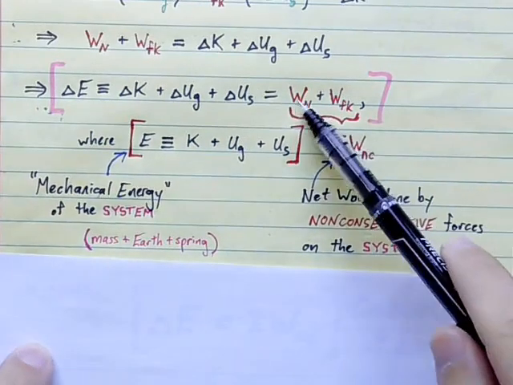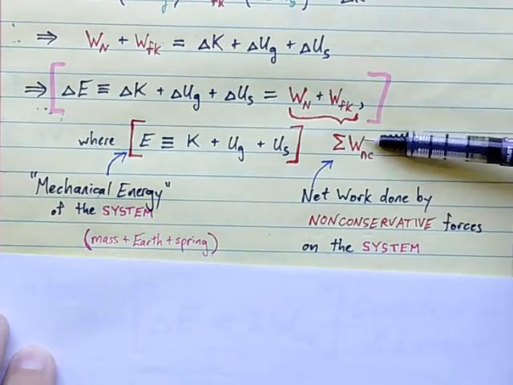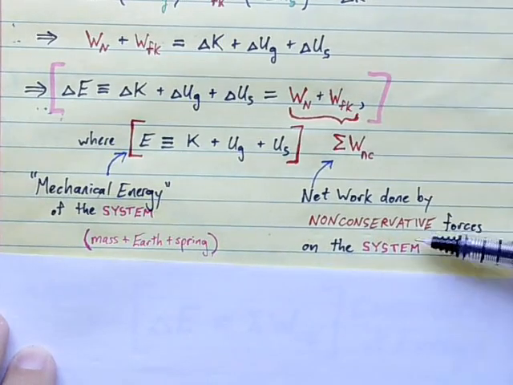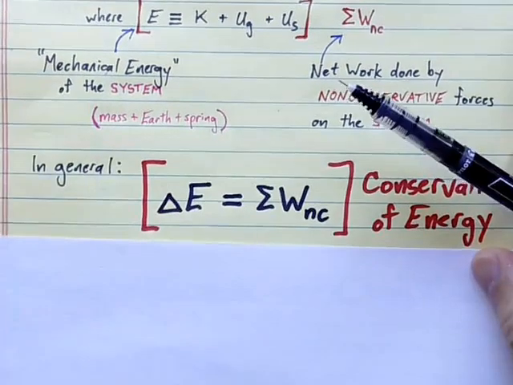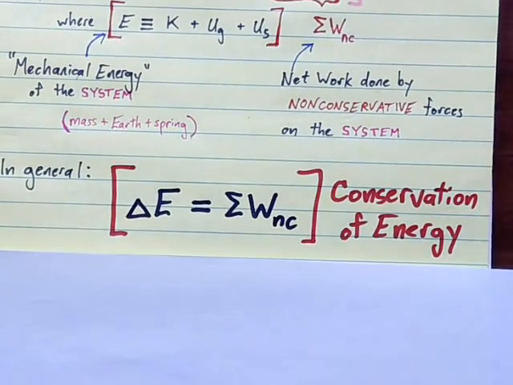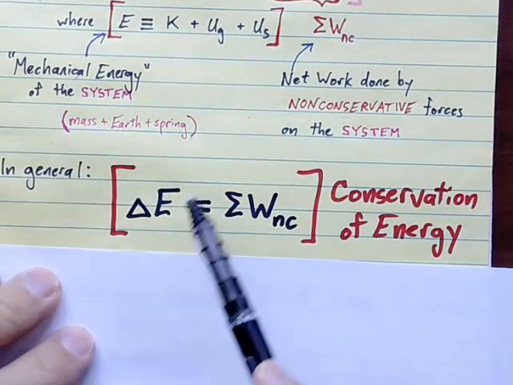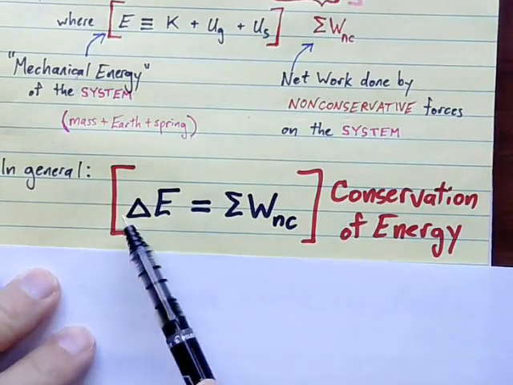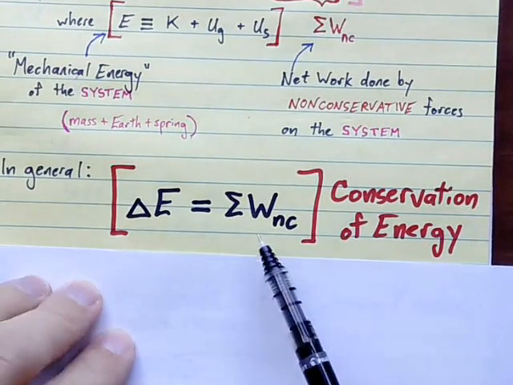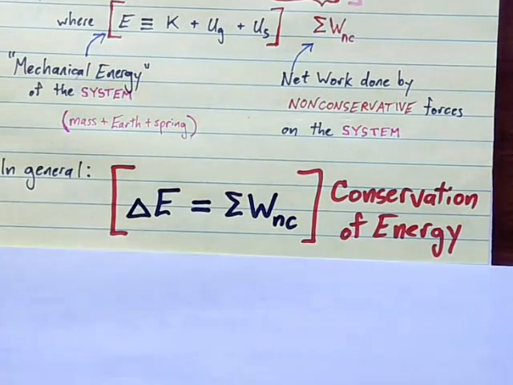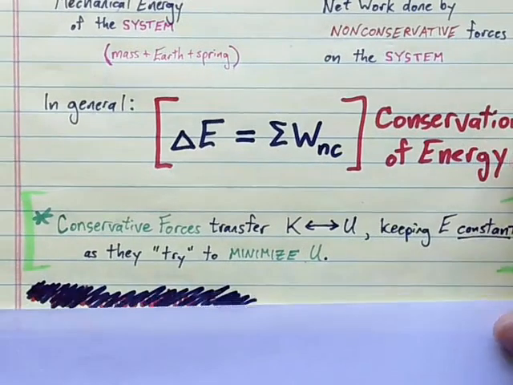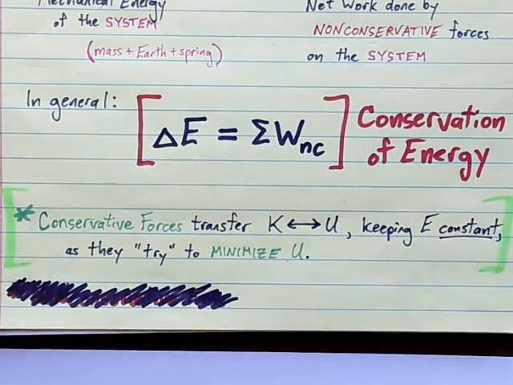And then on our right-hand side, we have what we'll call the net work done by all non-conservative forces on the system. So here's our general statement of conservation of energy. The change in the mechanical energy of the system is due exclusively to the work done by non-conservative forces on the system. The principle at work here is that conservative forces